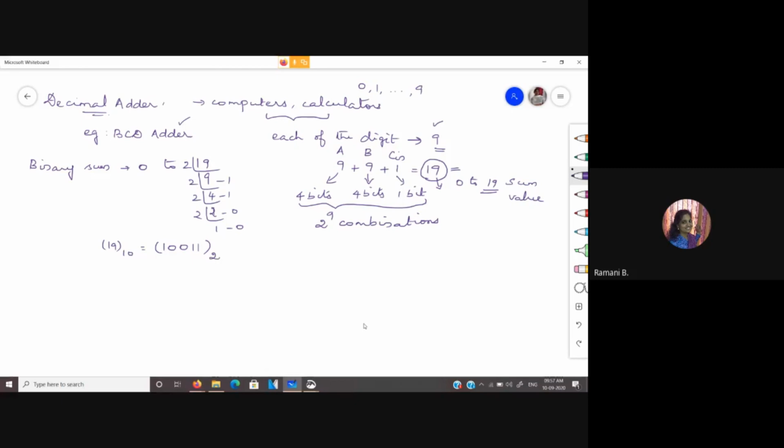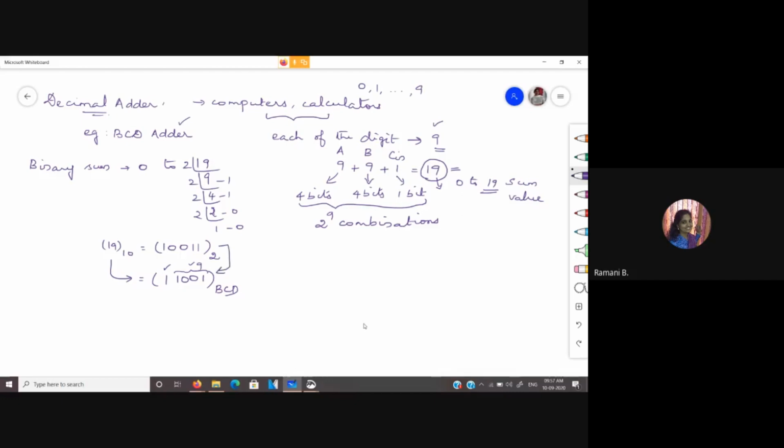This is our binary representation. However, we are going to use BCD as the code to represent this. In case of BCD, this number is represented as 1 and 9. We can discard the zeros in the most significant bits. So you need a correction factor.